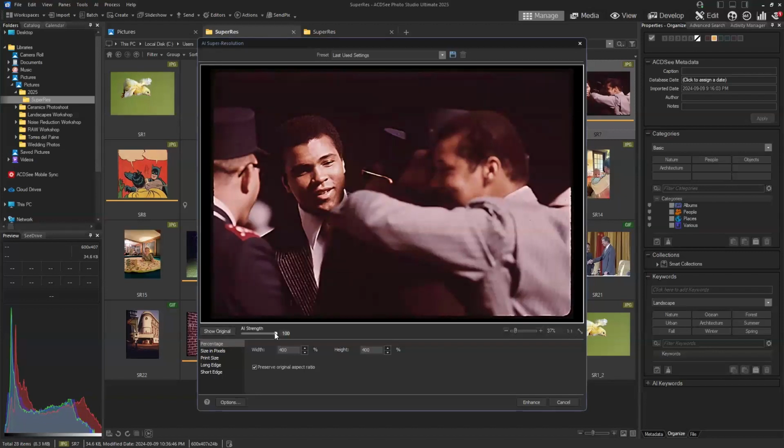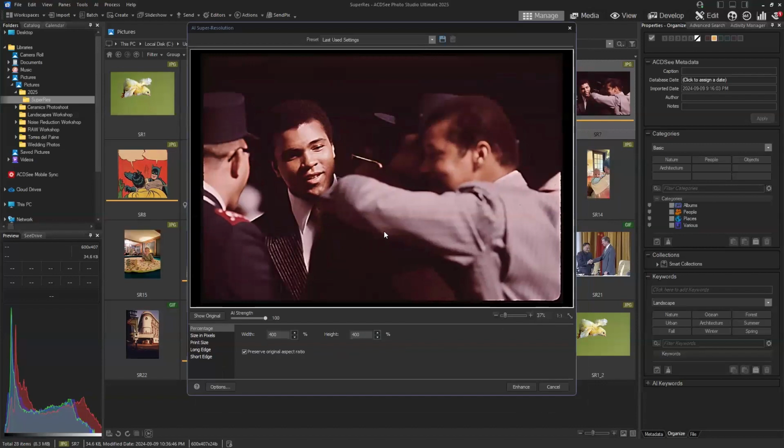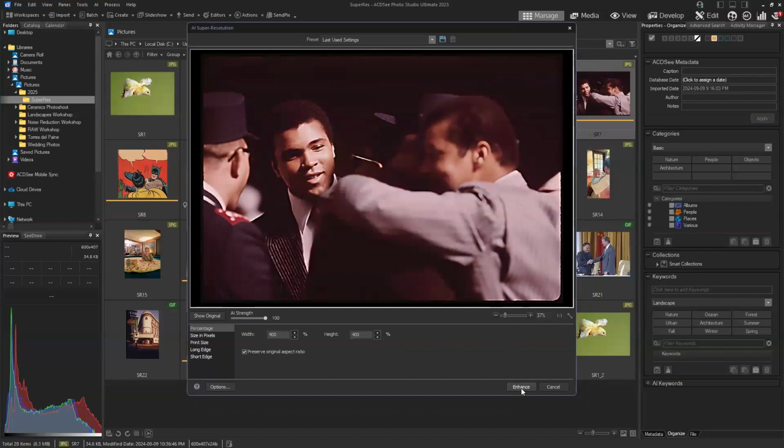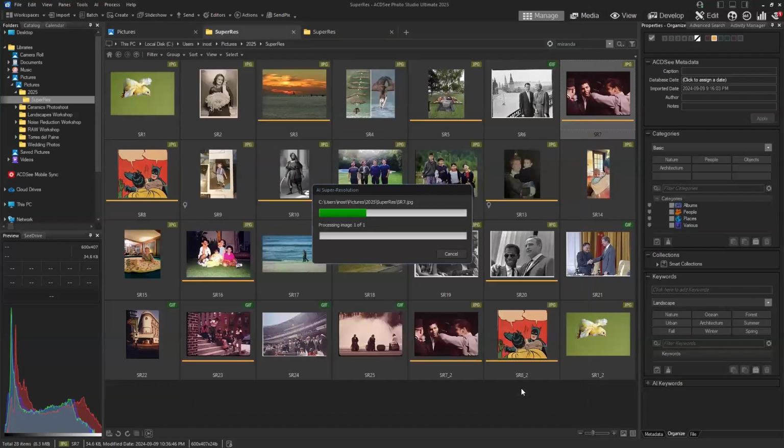And I could either lower the strength of my AI, which will bring back some of that grain. But the beauty is that I can apply AI super resolution to its maximum, click enhance, change the output file format to a better format like a TIFF, so it's uncompressed and I don't lose any detail. And I go enhance, I wait a little bit,